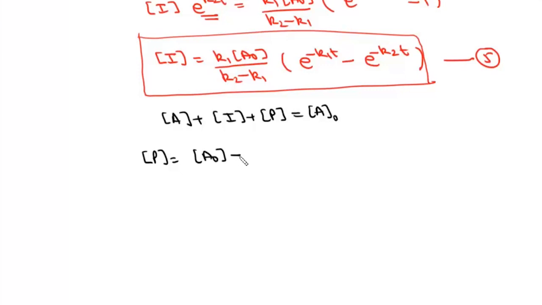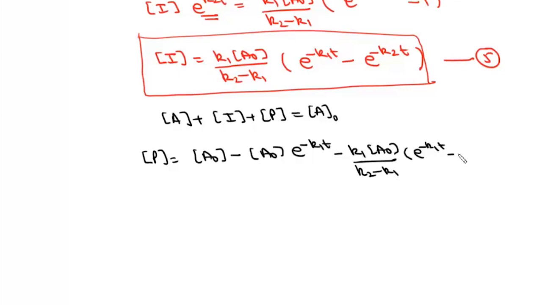So now we can write this concentration of P as this A0 minus, now concentration of A is A0 e to the power minus K1T, and minus concentration of I, which is K1 A0 upon K2 minus K1, and here it will be e to the power minus K1T minus e to the power minus K2T. Now here what we'll do is we'll take A0 common, so it will be this concentration of P equals